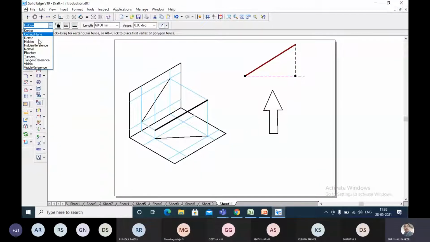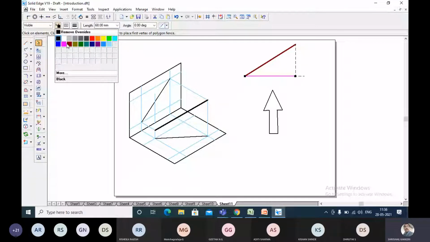You can agree on this point, all of you. The line length appears to be this much because it is inclined at an angle.